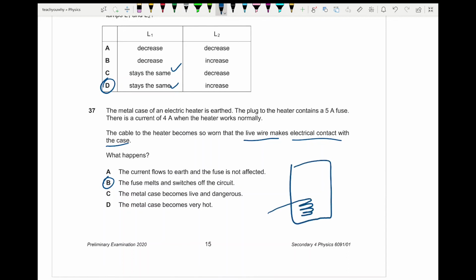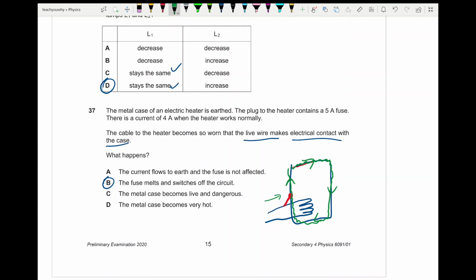This is my heating element. Now, let's say the wire got so used and then it touched the case, the metal case. Because a metal case is a good conductor, right? So this is a good conductor, right? The current can flow around the case very, very quickly with low resistance, which means that the current going in